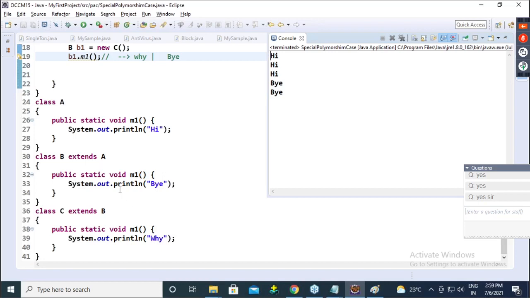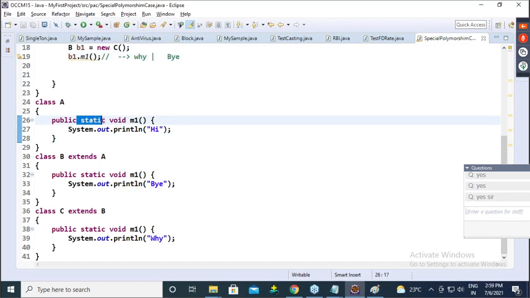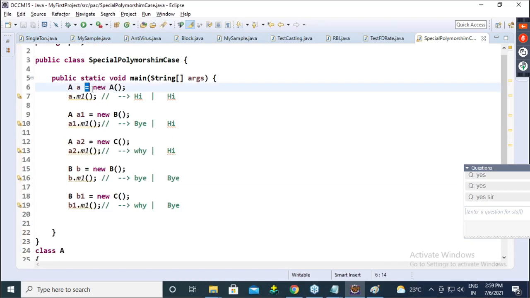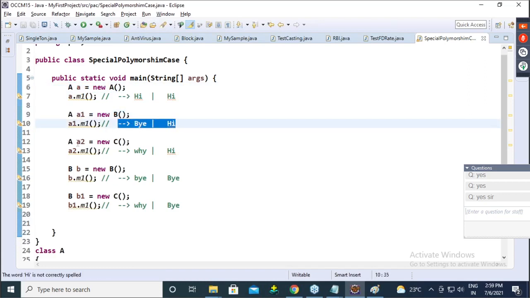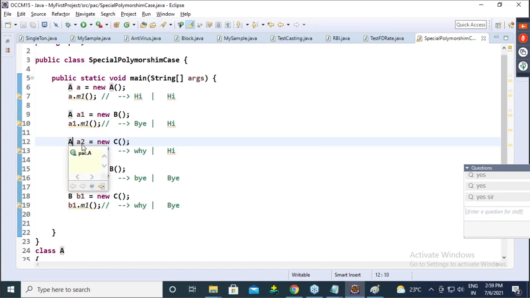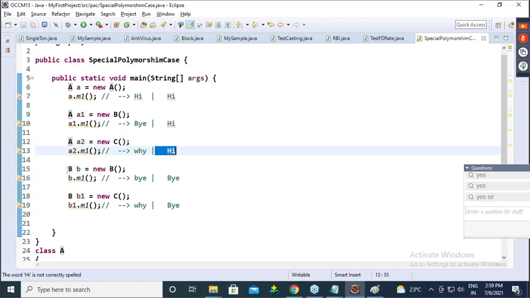So guys, now listen to what I am saying. Come back here. Static, once it is declared, it is permanent. That's the reason, guys, even though it is an upcasting reference, an object referred by A gives the A implementation.